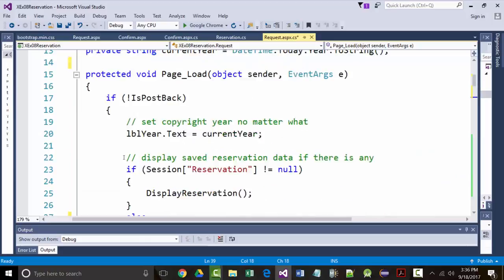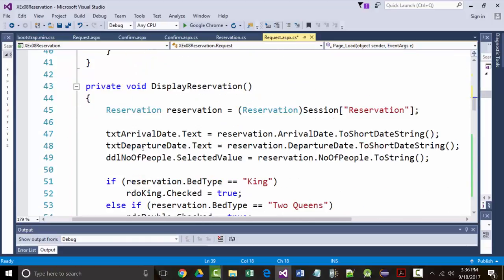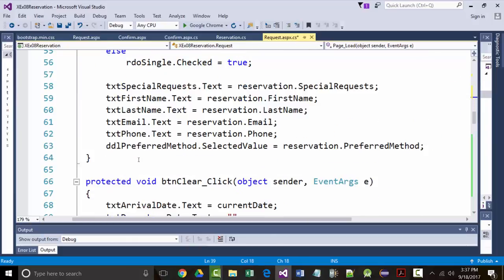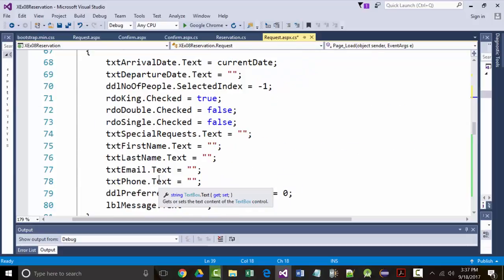All right, I'm going to go check. I believe that our display reservation doesn't change. Add type. Set all that stuff. Yeah, that looks good. Our clear, we've already got that. That doesn't change. Except,